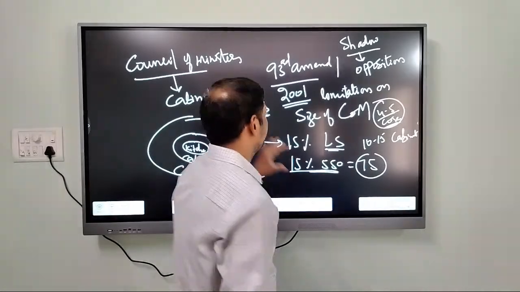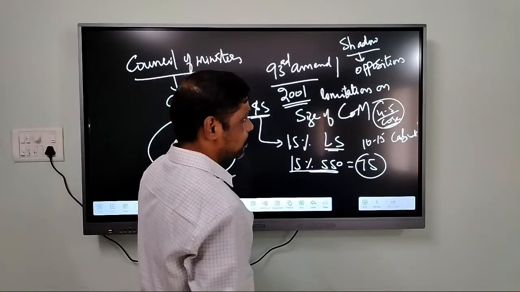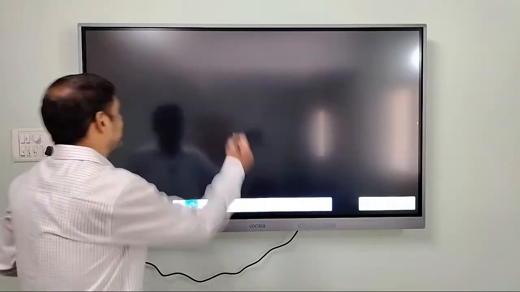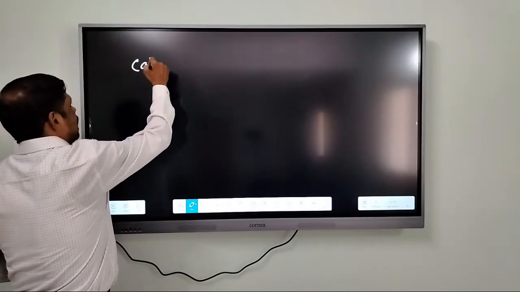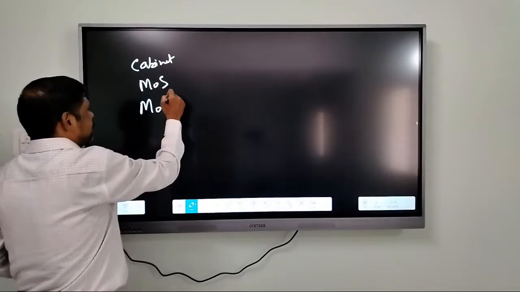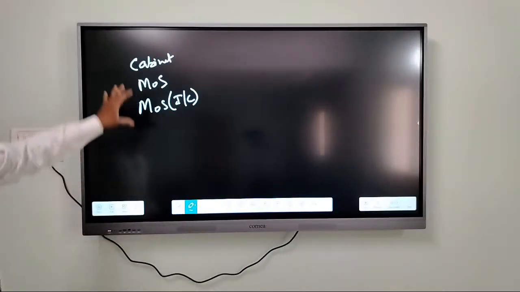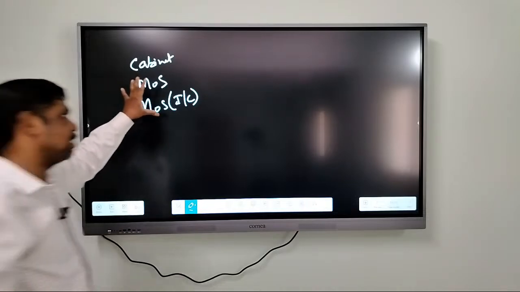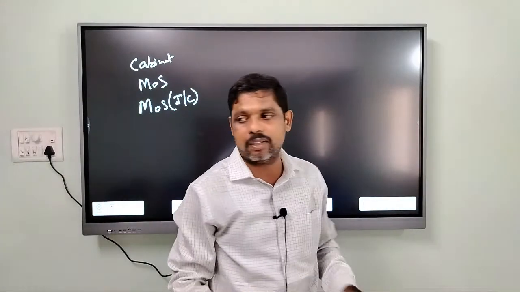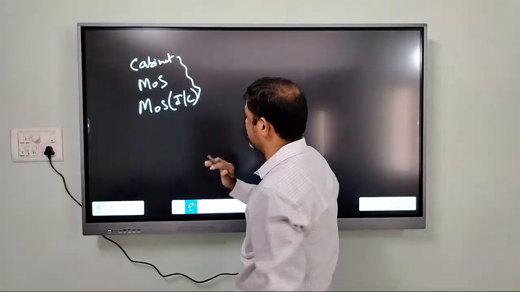Alright, so these are the different types: council of ministers, cabinet ministers, and what you call kitchen cabinet. The entire council of ministers. If you take this categorization, we have cabinet ministers, ministers of state, and ministers of state with independent charge. I have already explained this division in the previous class, when I taught emergency provisions. I don't want to waste my time.